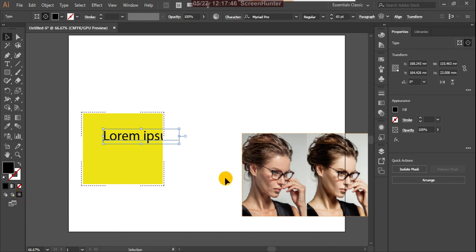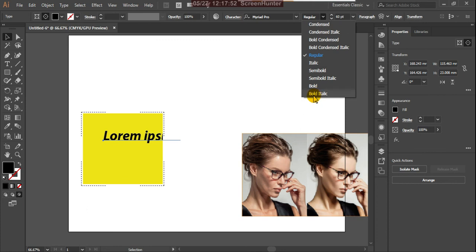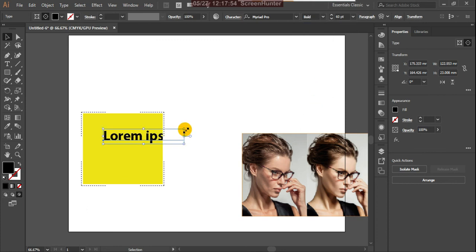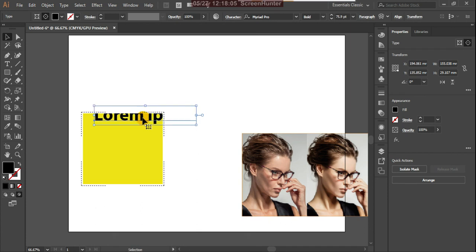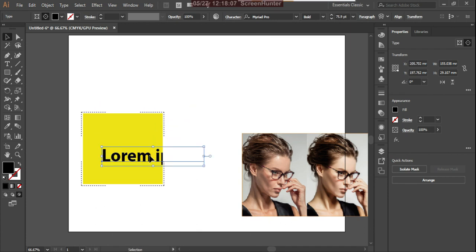Okay. So here we can bold. Yeah, it is drawn. Now see, it is drawn inside that, because it is acting as a mask. Okay. So about masks, in the coming classes I'll explain more clearly.